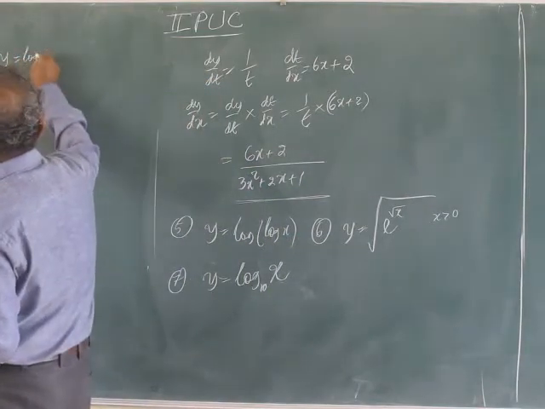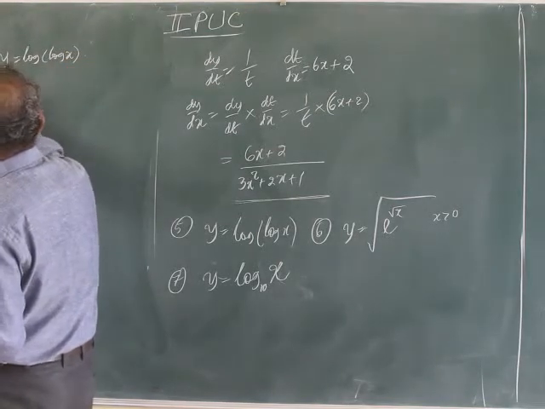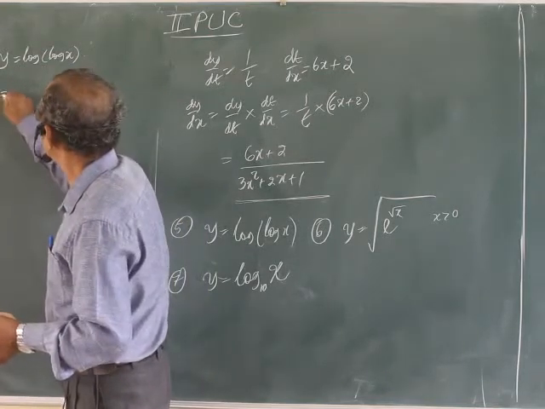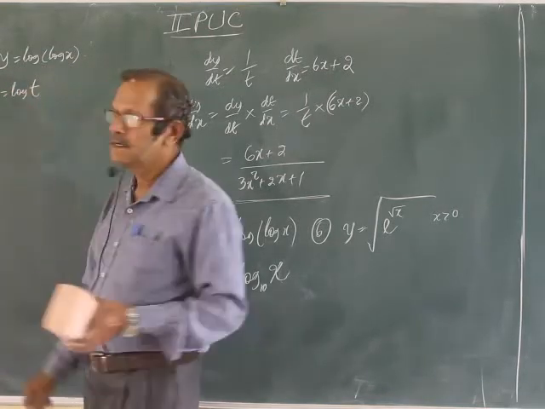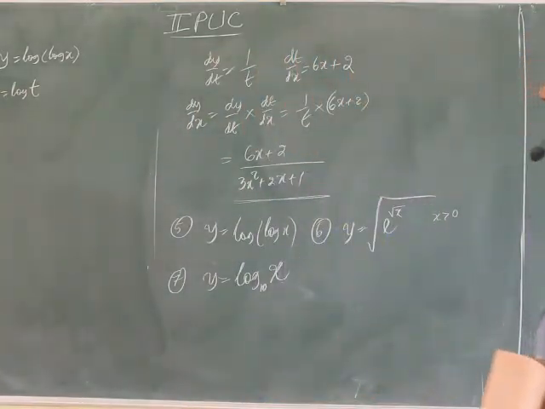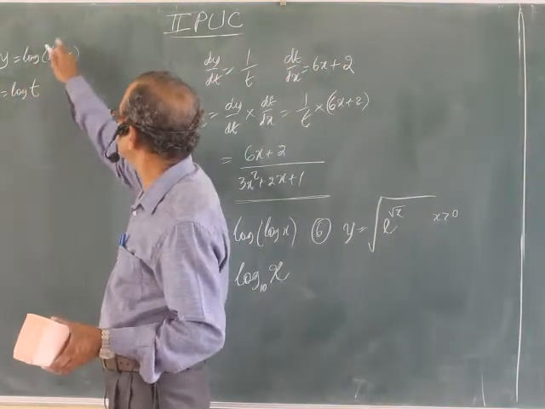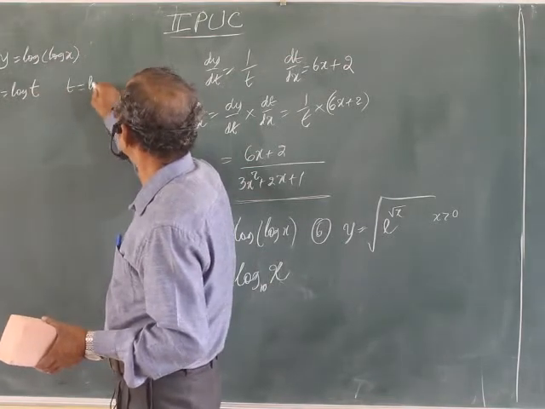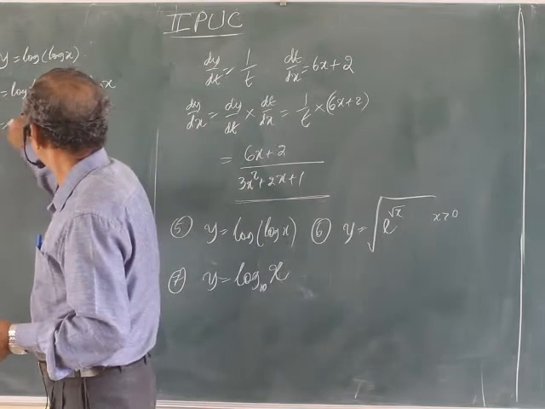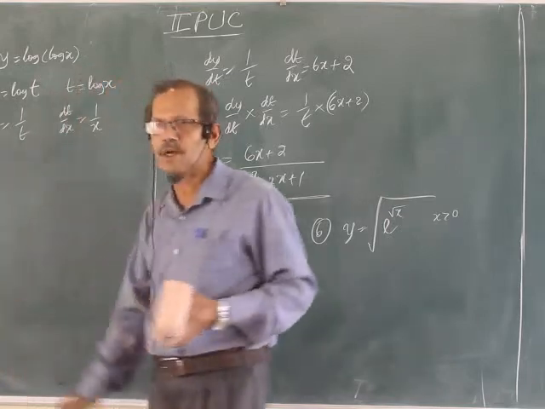Y equal to log of log x. No need of taking t, you can write straight away. Or if I write like that, you may get confused again and again. First, let us make the idea clear, writing all the steps. Log function outer, next whatever may be t, but t is once again log x. dy by dt, 1 by t, dt by dx, it is also 1 by x, that's all.